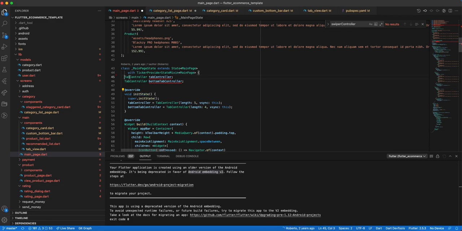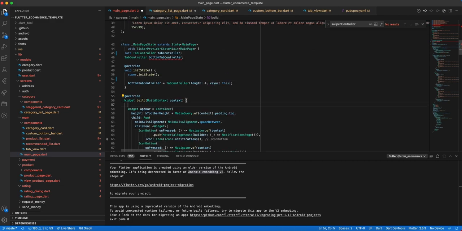So to do that, I will need to use the late tag. Late is just available in the Flutter 2 version, and there are different scenarios we can use late, but mainly we are saying that we are going to define this variable later, but we need to take care with this late tag, because for example, if I put the late here and I don't initialize the tab controller in the init state, and for example I decided to initialize it here,